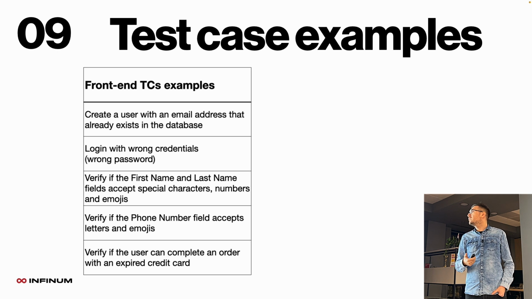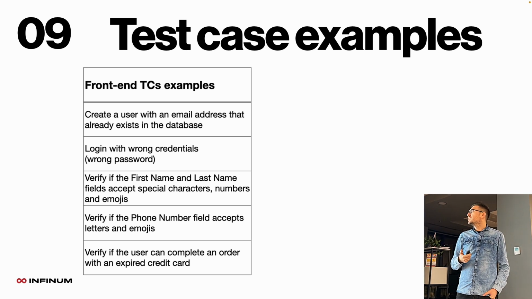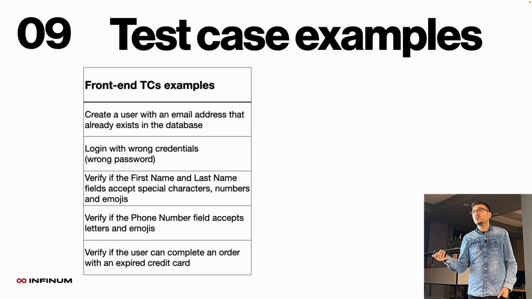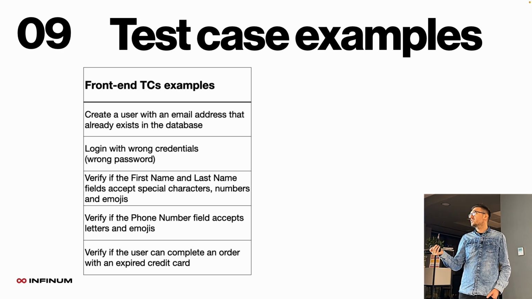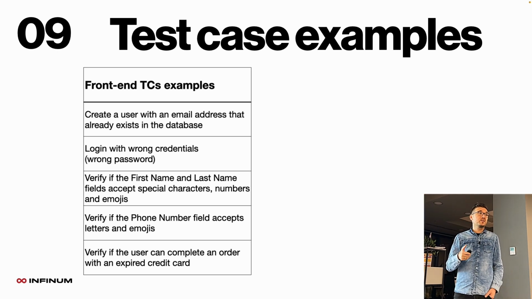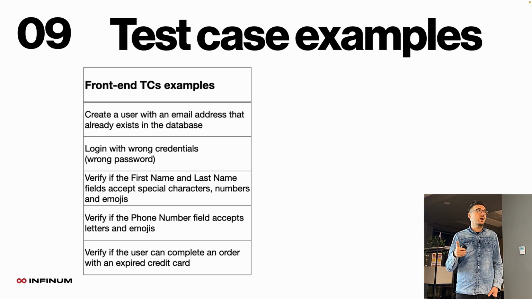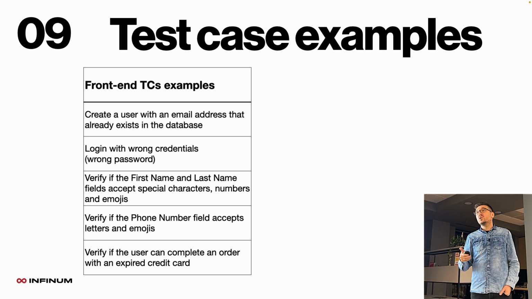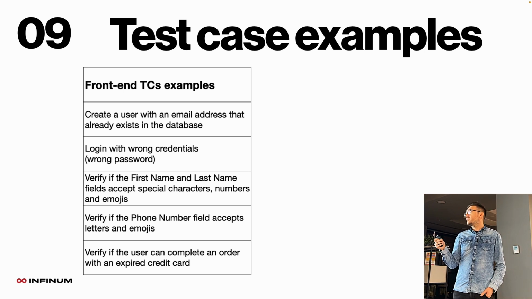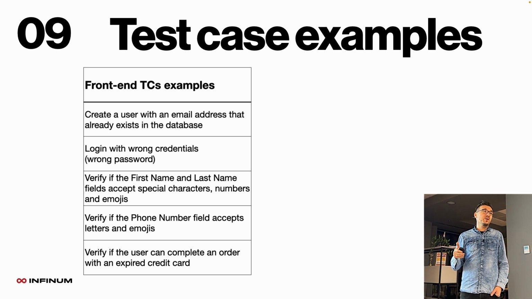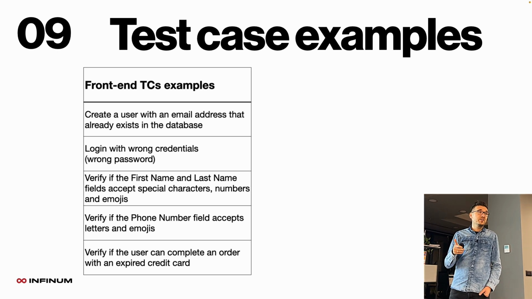Verify what will happen if the user tries to submit a form where the first name and last name fields have some numbers, even emojis. Most of the forms will crash, and this can lead to an app crash, or even worse, system failure. So when performing negative software testing, if you include this scenario, it should throw some error or inline error,